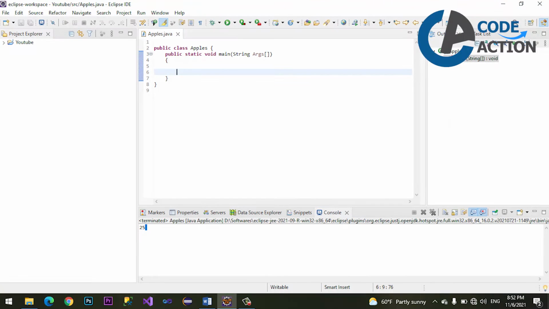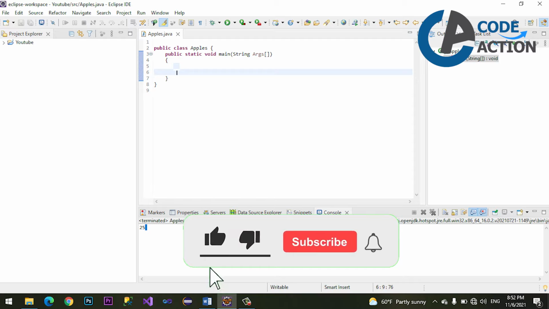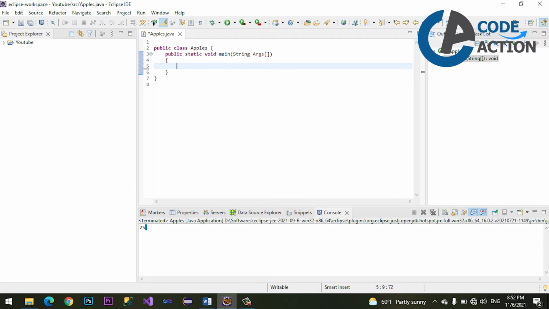Today we will study how we can work with the if statement, and what the if statement is. The if statement is a conditional statement used to make decisions in a programming language.